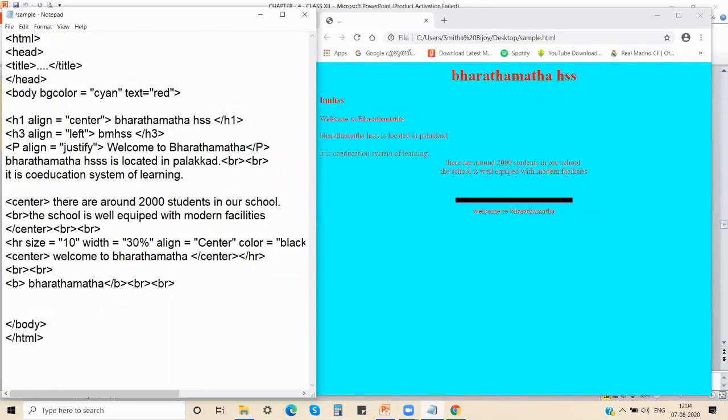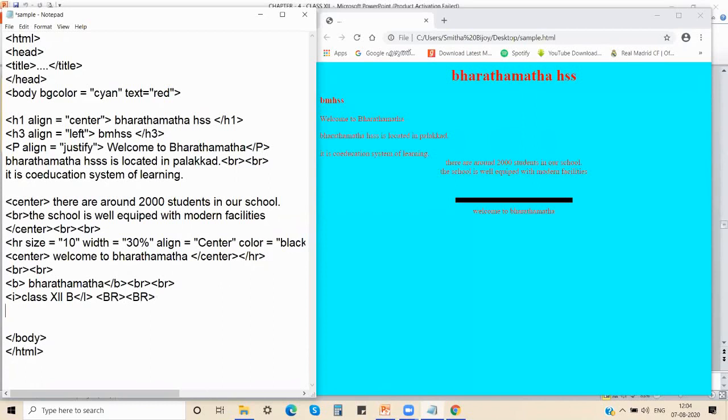And then I'll type the I tag also, and close the I tag over here. No problem whether you mix uppercase or lowercase. There is no harm in it. Then I'll give a BR tag.